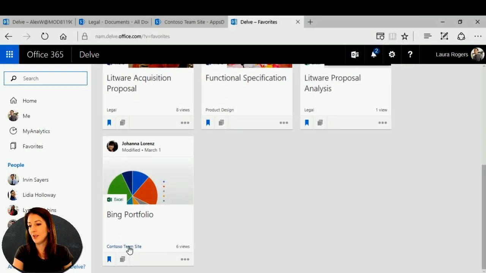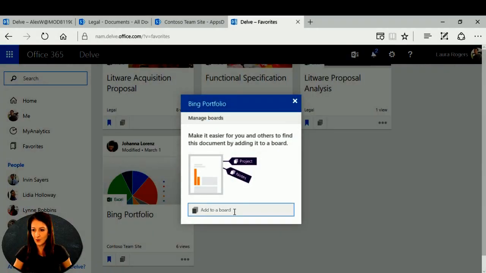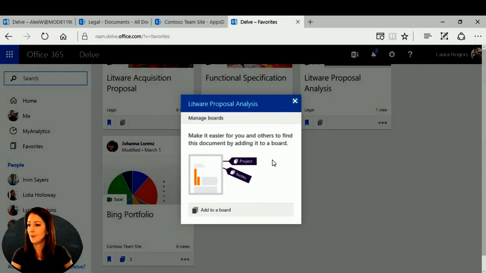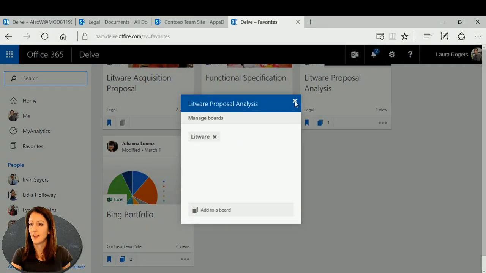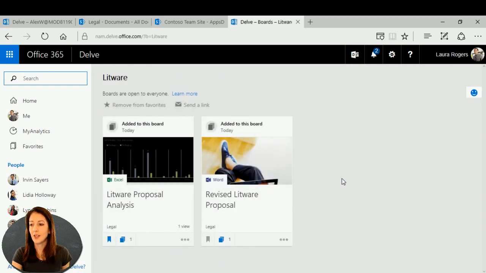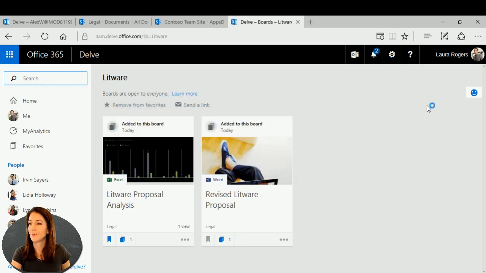And then this one, let's see, does this have any boards? No, I'll say Contoso and Bing. And let's go add a couple. Let's see, this one can be Litware. That way when I go to my favorite boards and I go to Litware, now I can see all the ones that are there, and I can send a link to someone to tell them about this board. That's pretty interesting. And it's going to open up Outlook, so I don't want to do that. All right, so we've gone over,